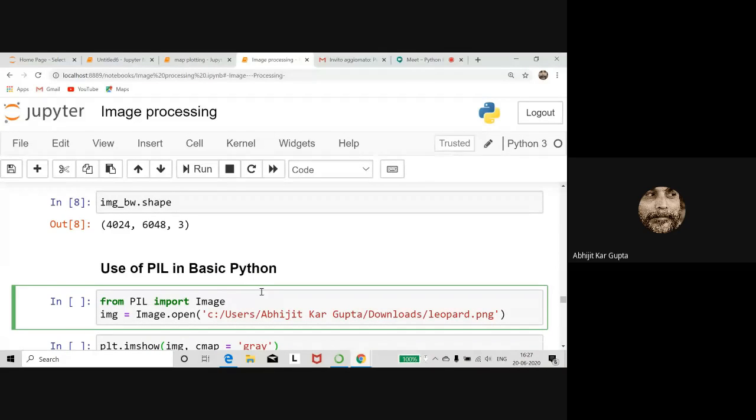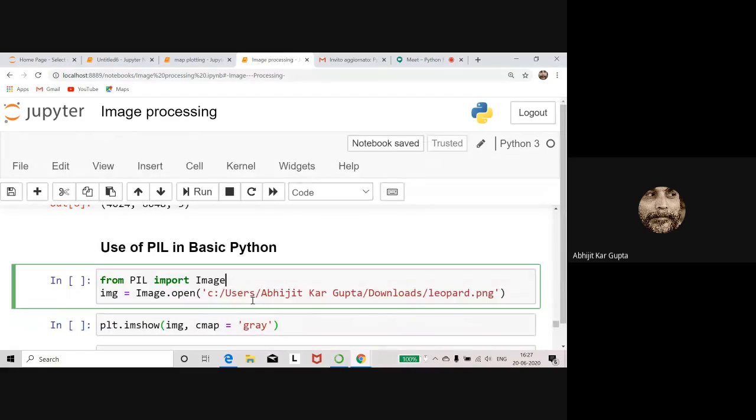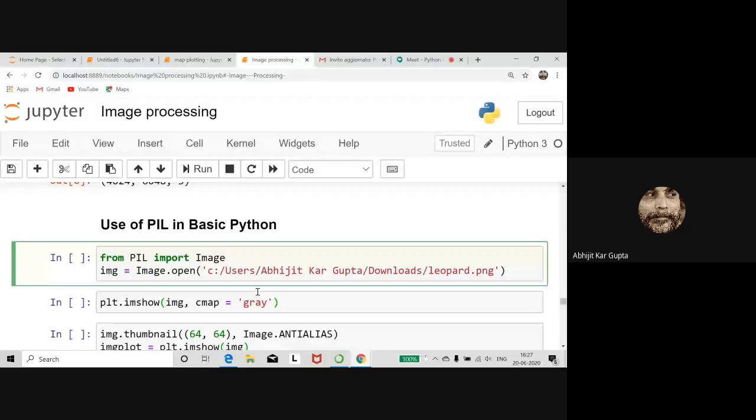But since we won't have much time again, I just show that inside basic Python this is here also. If you do not have Matplotlib at the moment, you can also do that. From PIL, this module, you import capital I Image. You open this with another function, open, and then the usual path name, and you run it.